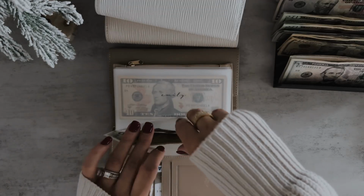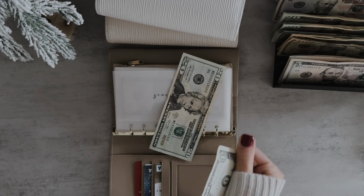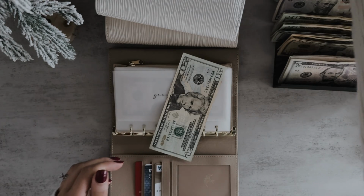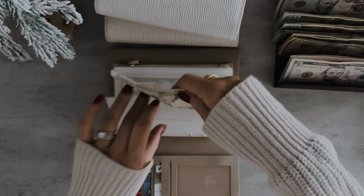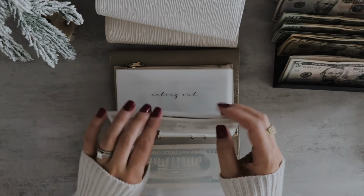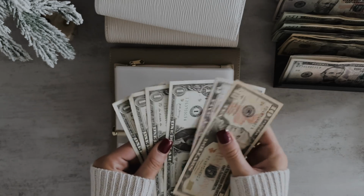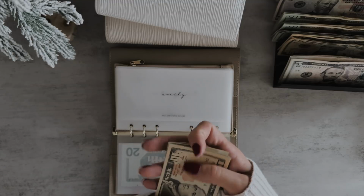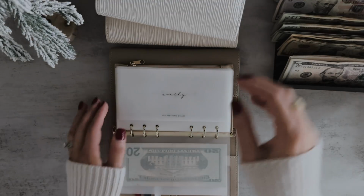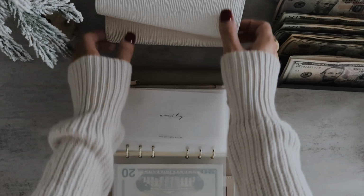So let's start with groceries. We have $21, so I think I'm gonna set this $1 bill aside for our savings challenge. I did start with $30 in here, but I think I'm just gonna roll this $20 over to next week. In my personal spending cash, I have $10, 15, 16, 17, 18, 19 left over. So again, we'll stuff that into the savings challenges. And then for this week,